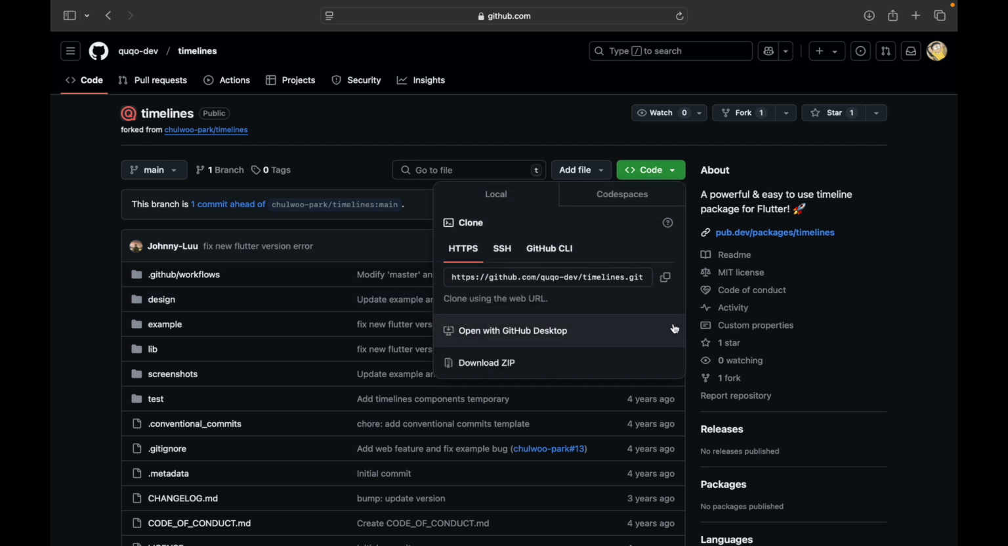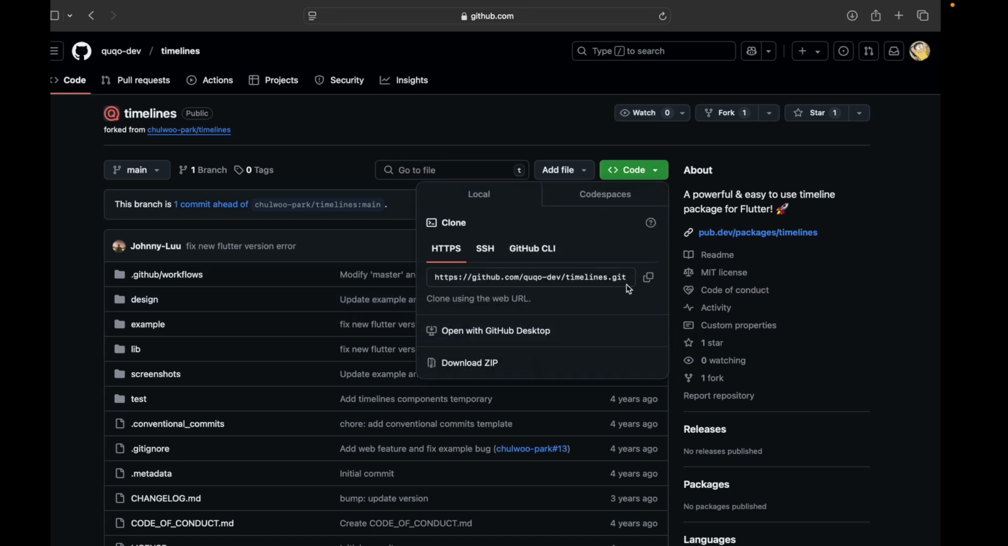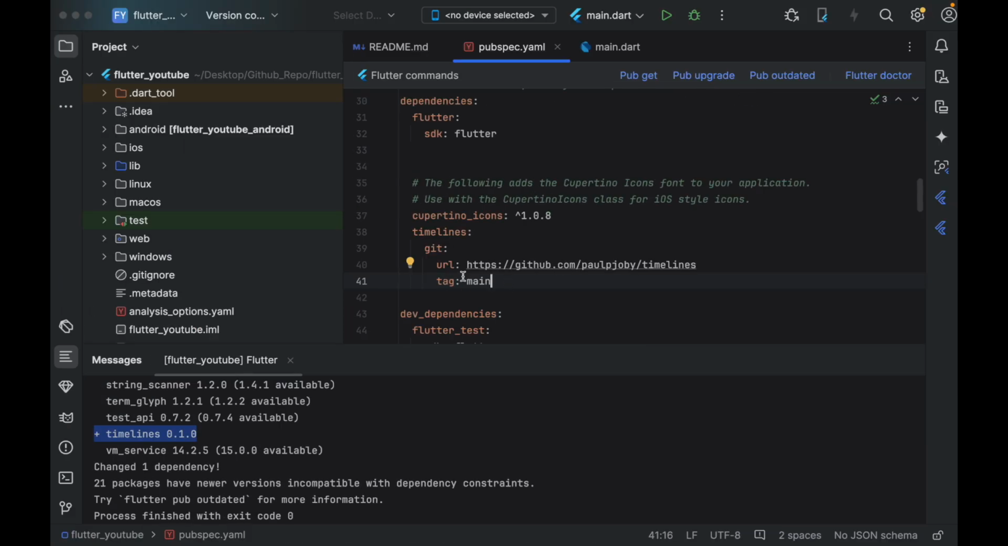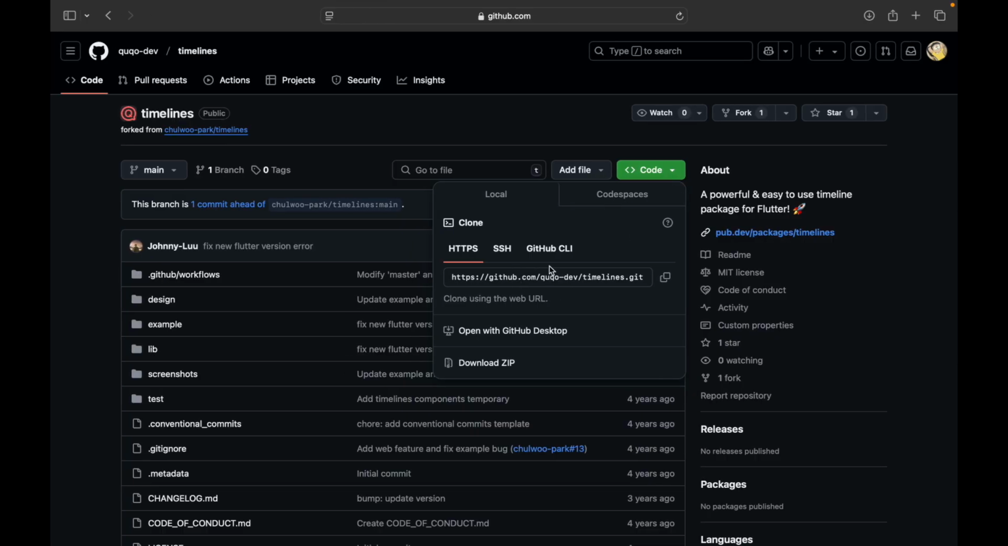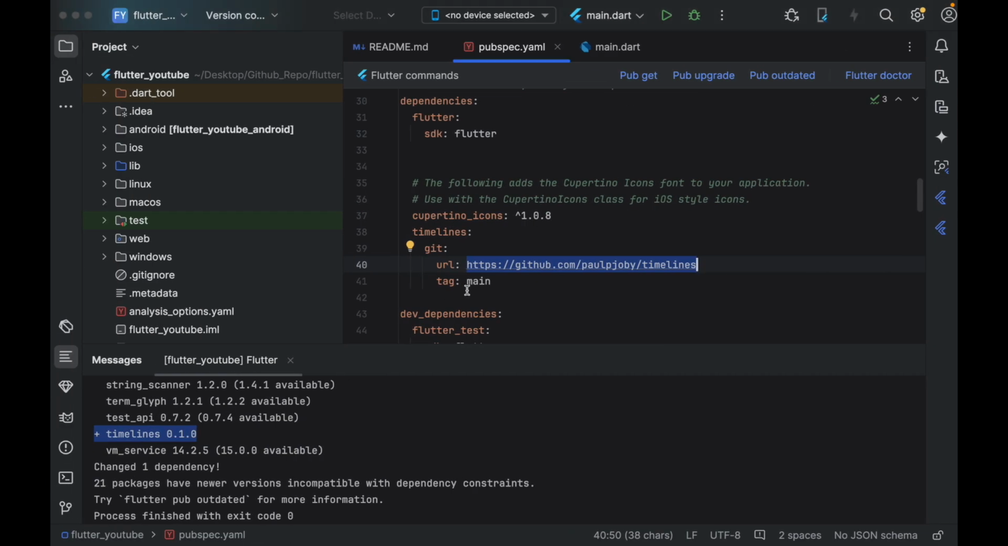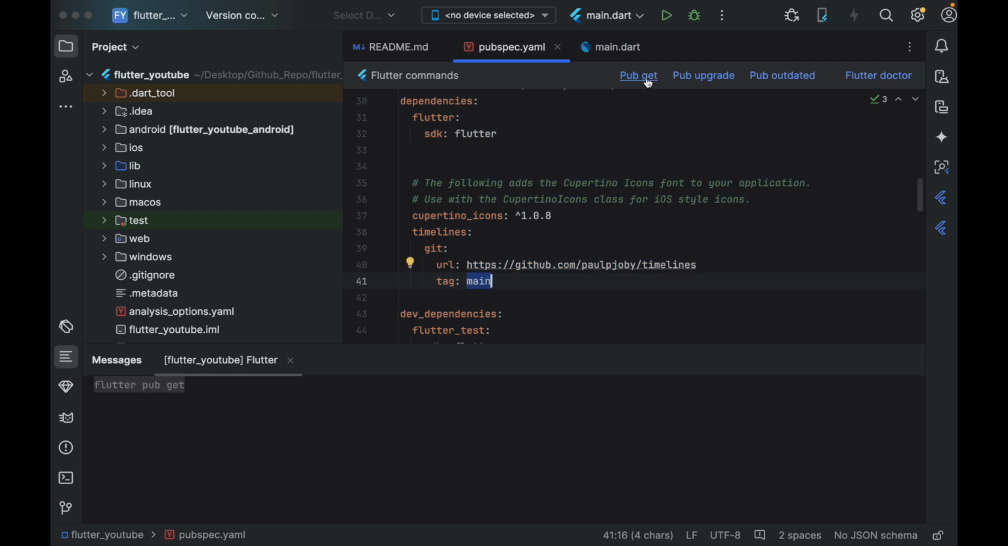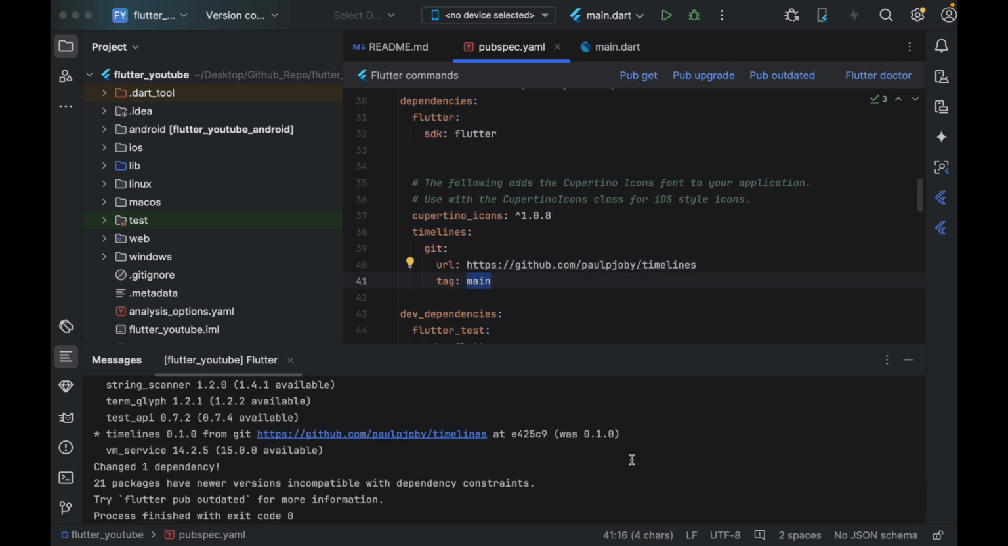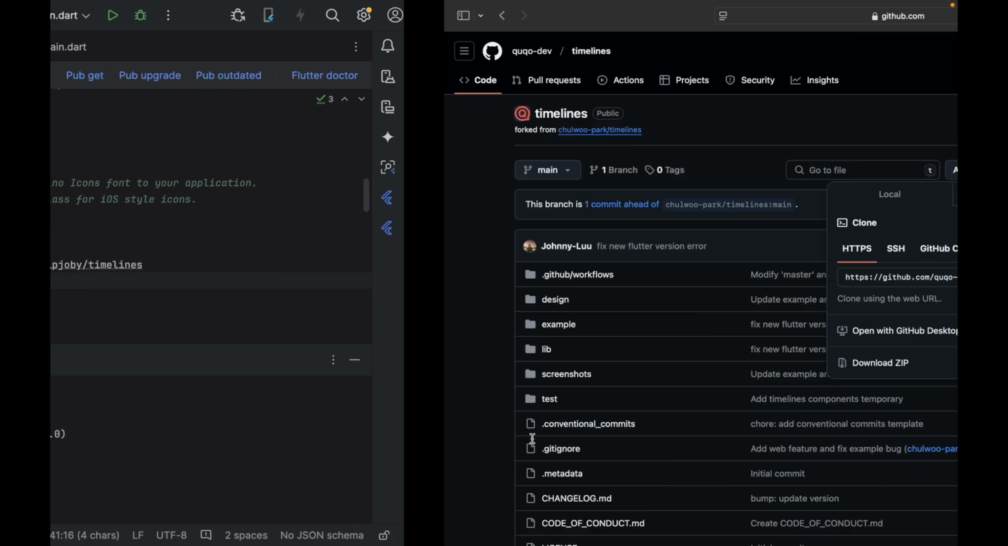All you have to do is just go over here, copy this link, and follow the same procedure. You can just give the URL to whichever URL you want. For example, it will be in this case this one, and then you can use the tag or the branch name. Then if you do pub get, now you can see that earlier it was 0.1.0. Now it is actually pulling from this particular repo,